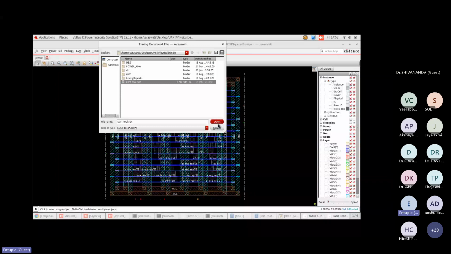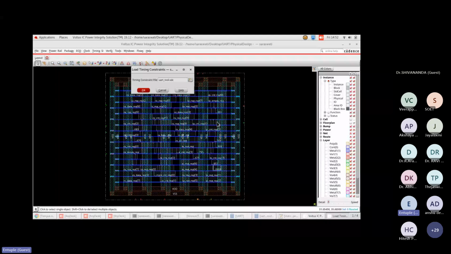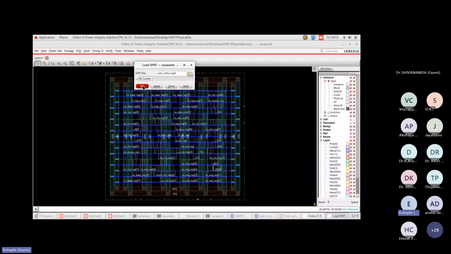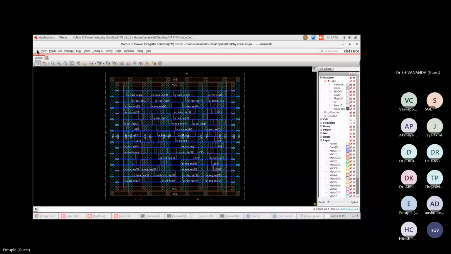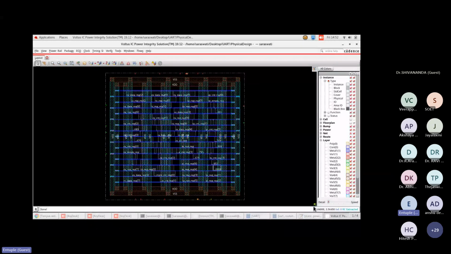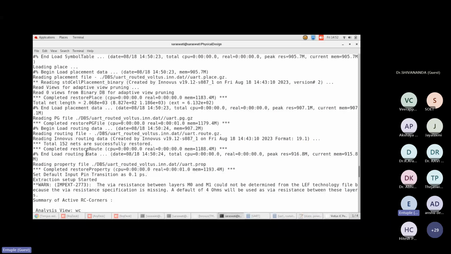So once this SDC is successfully read into Voltus, and then the SPEF file, you read into Voltus the SPEF file. RC corners, by default it will take, and then the SDF file or DEF file, the SDF Voltus LT SDF. So once you give this one, you can observe the same like earlier, how many resistive values, capacitance values, and